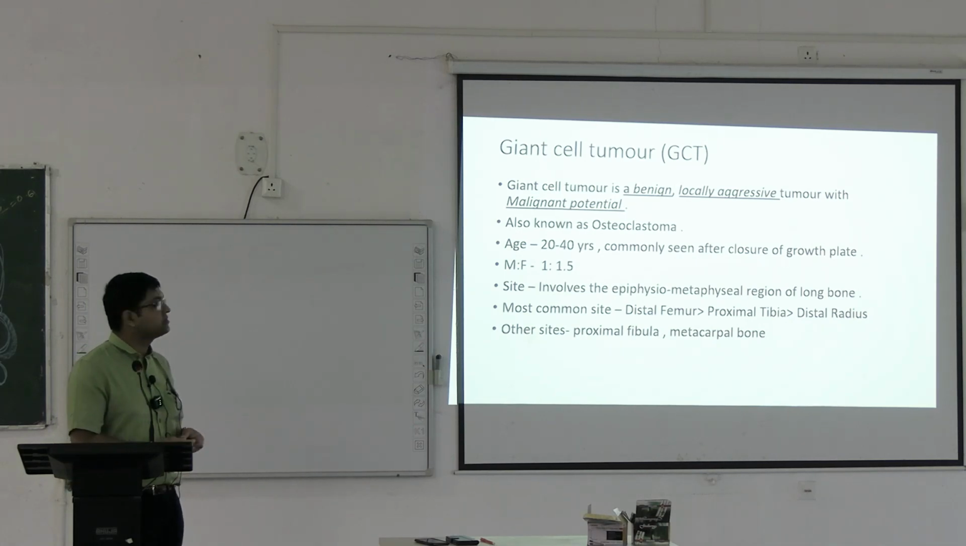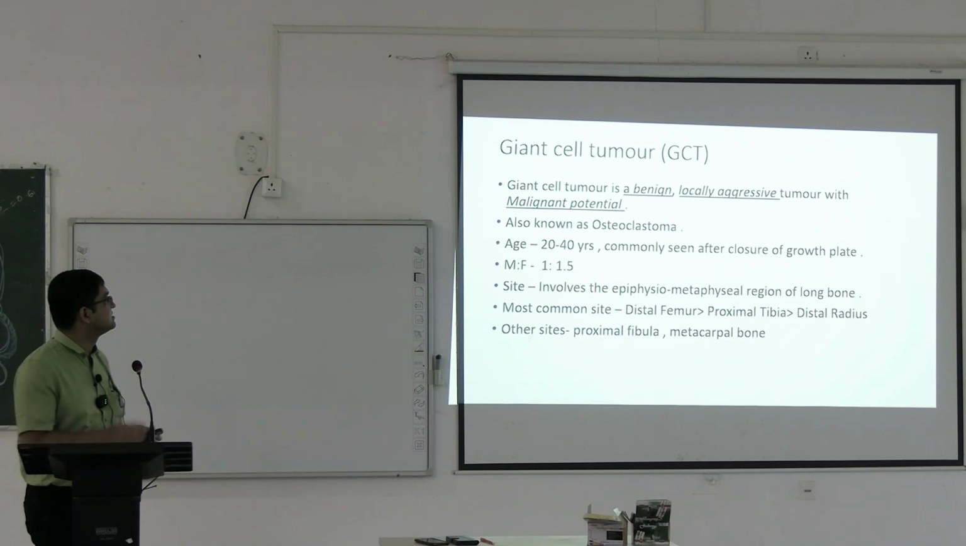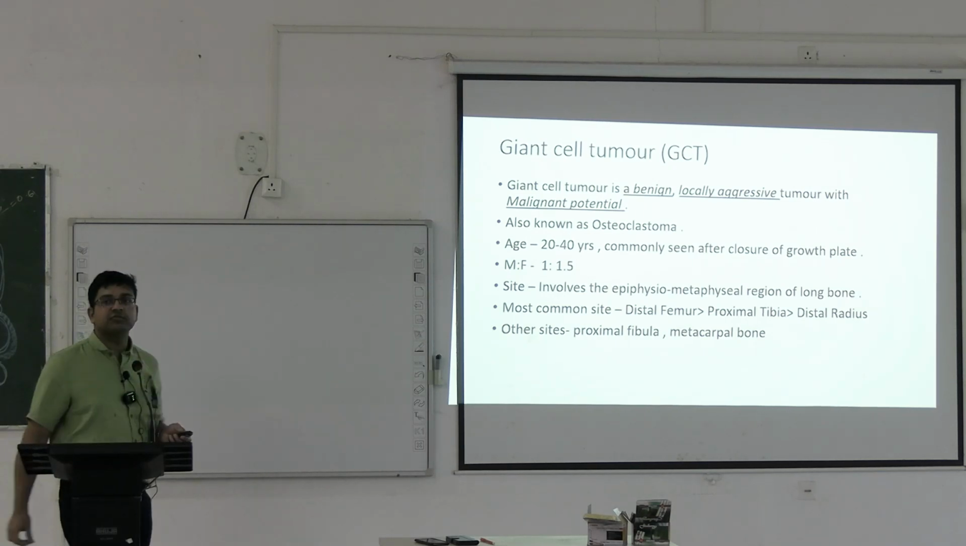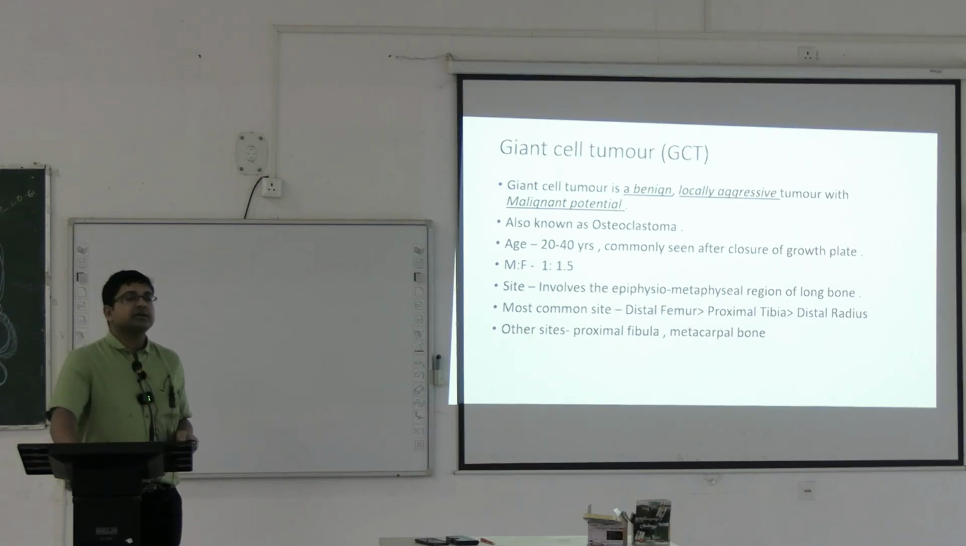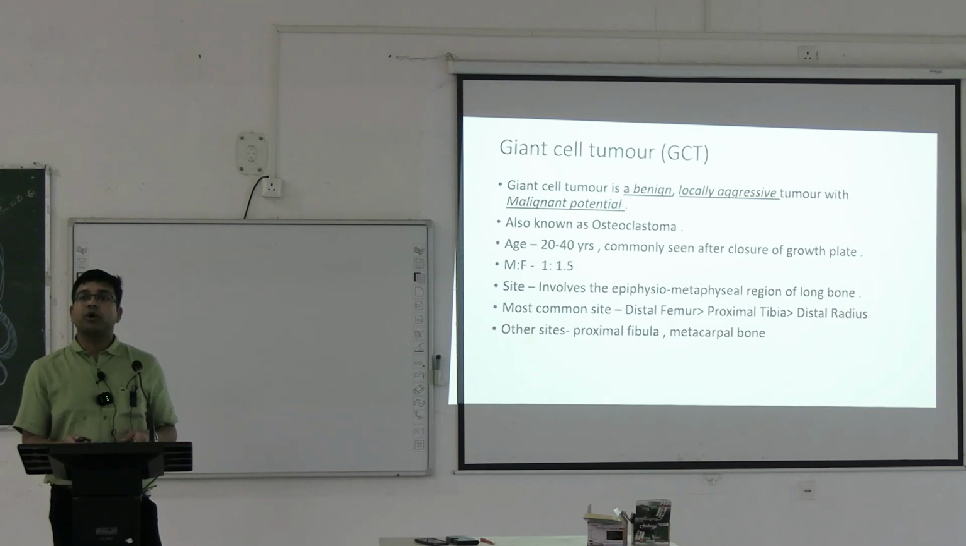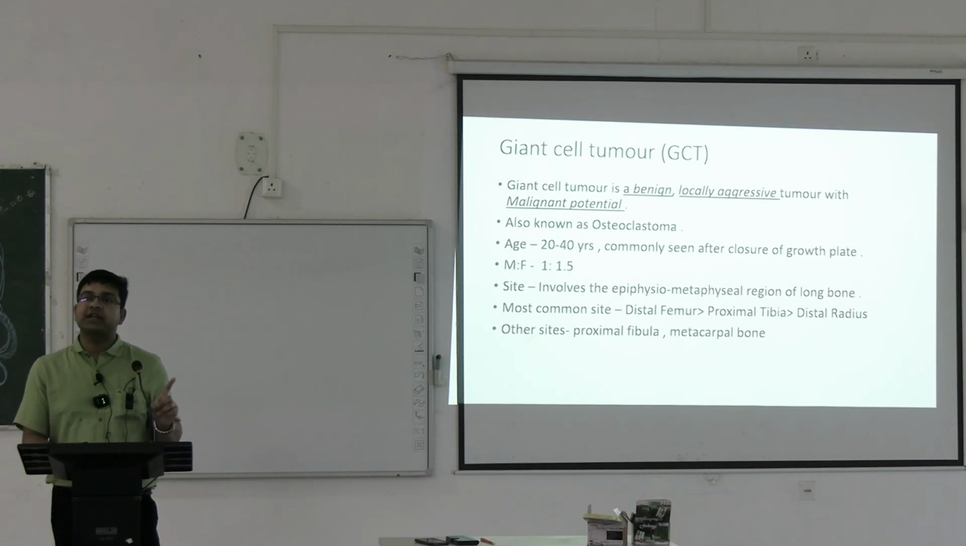আচ্ছা, নেক্সট ইজ জায়ান্ট সেল টিউমার। এটা প্যাথোলজিতে পড়েছিস। সো হোয়াট ইজ এ জায়ান্ট সেল টিউমার? এটা কি বিনাইন টিউমার না ম্যালিগন্যান্ট টিউমার? অনেকে কনফিউজ হয়। ইটস এ বিনাইন টিউমার, কিন্তু মনে রাখতে হবে যে ইট ইজ এ লোকালি অ্যাগ্রেসিভ টিউমার। জায়ান্ট সেল টিউমার ইজ এ বিনাইন টিউমার বাট লোকালি অ্যাগ্রেসিভ টিউমার অ্যান্ড ম্যালিগন্যান্ট পোটেনশিয়াল।